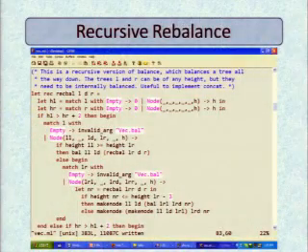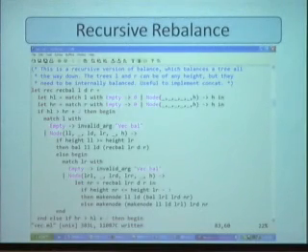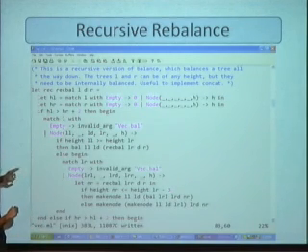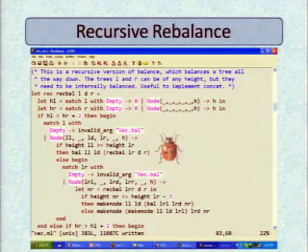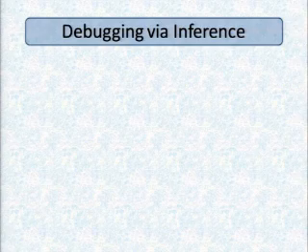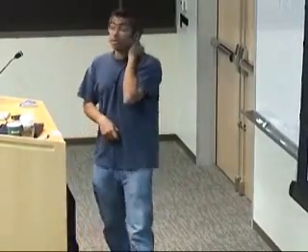You don't have to look at this. This is a gory screenshot. This recursive balance procedure, it's a nightmarish procedure. It's really quite long, especially long by ML standards. And it just does a whole bunch of crazy case splits. If the height of the left tree is greater than the height of the right tree plus 2, something, all kinds of complications. And it turns out that the bug is in some specific case nested deep inside these cases. But what I found interesting, and I hadn't realized this was a possibility until this actually happened, is that you can actually use this kind of inference technology to debug the program.